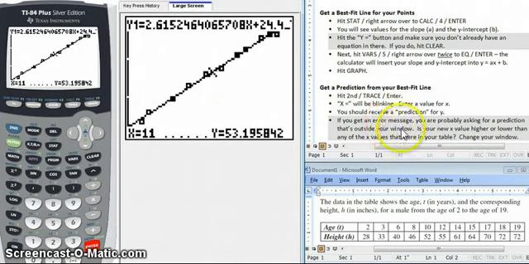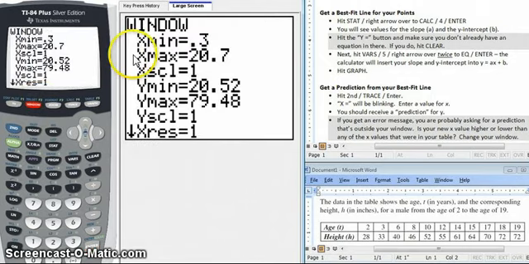Now, when you do this, as the guide over here suggests, you might get an error message when you enter a value for x. That's most commonly because you've entered an x value that's outside the window. If I try to put in an x of -4 or an x of 59 years old over here, it's outside the window and the calculator won't know how to give you an answer. So what you need to do is hit this window button. Look at your x min, in other words, the lowest x value that you're allowing in your window, and x max. So for an x value, an age of -9, well, I would have to change this x min to